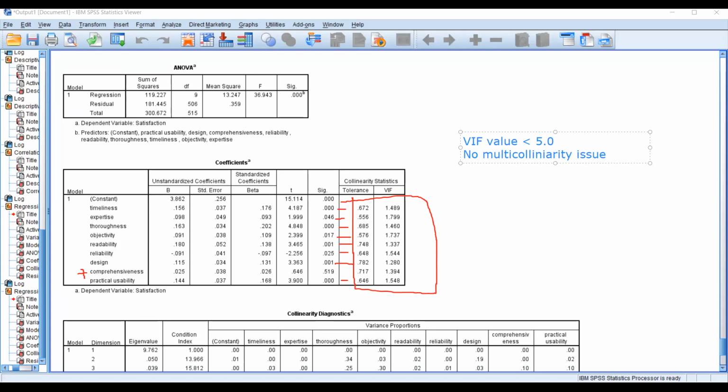If you remember, in our correlation analysis we also checked this. Here also we can recheck. Because if the correlation between two variables is greater than 0.85, then there is a multicollinearity issue. Here also, if the VIF values are greater than 5, then we have a multicollinearity issue. But in our case, all the VIF values are less than 5. So our data set and our variables are free of multicollinearity issues. Right? That's the way we can check in different ways.